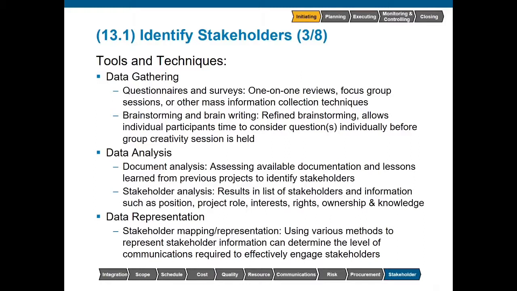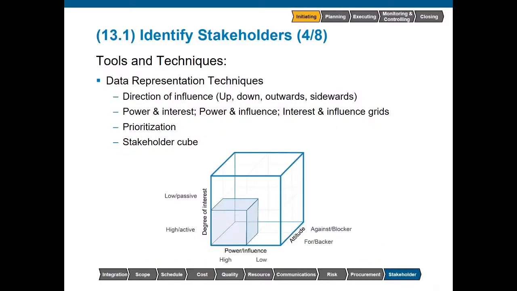overall. Data representation is how we can visually depict the stakeholders and various levels of attributes for them. We can use various methods to represent this information, such as a matrix, a stakeholder cube, a salience model, or any other representation that your organization may have. On this slide, we see an example of data representation. This is a stakeholder cube. This model combines grid elements into a three-dimensional model and can be useful to project managers and teams in identifying